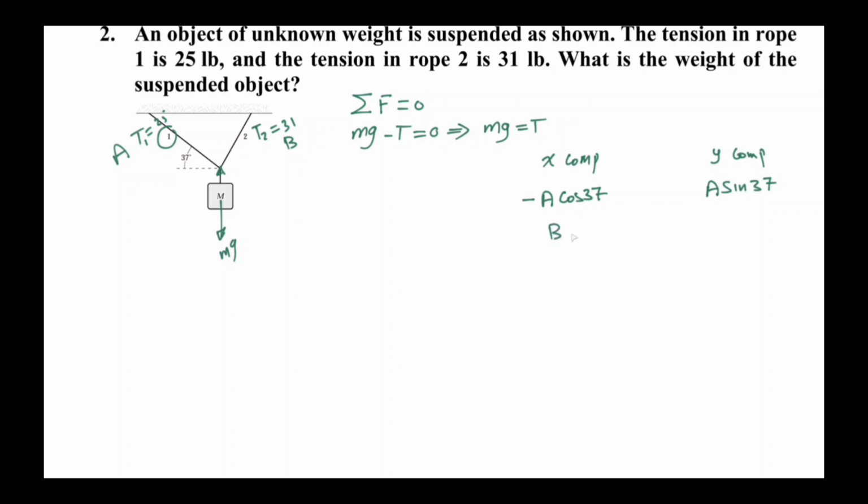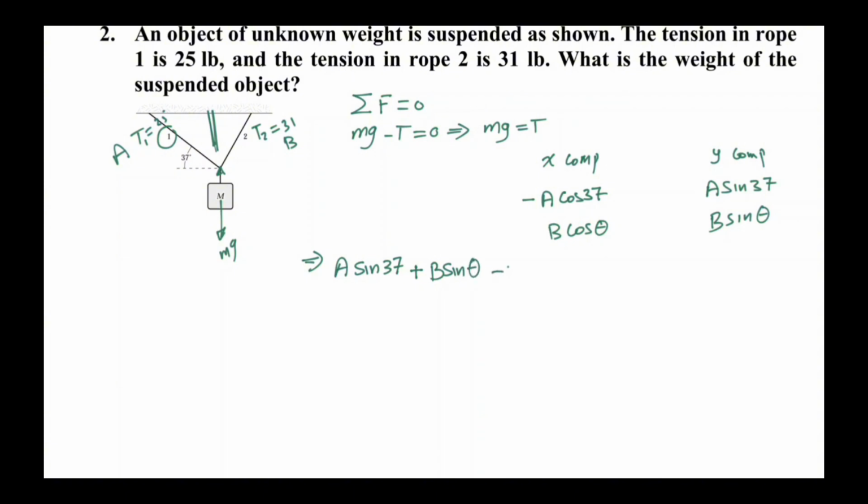And this one, B cosine theta, and this one is B sine theta. And the sum of all forces on y equals 0, which means A sine 37 plus B sine